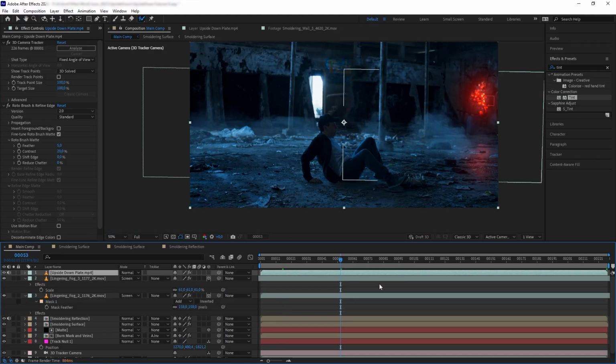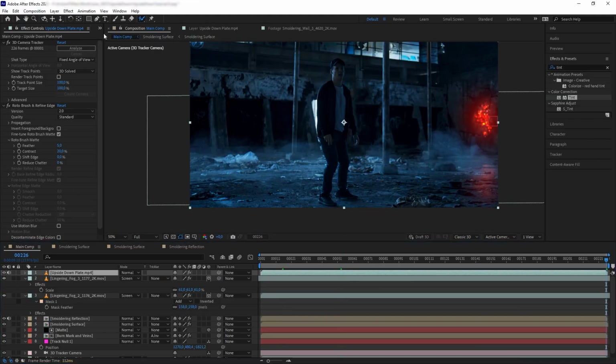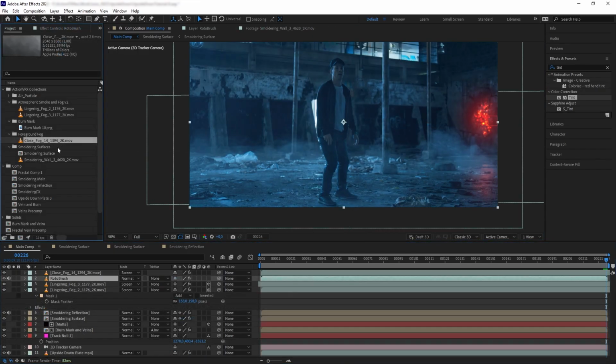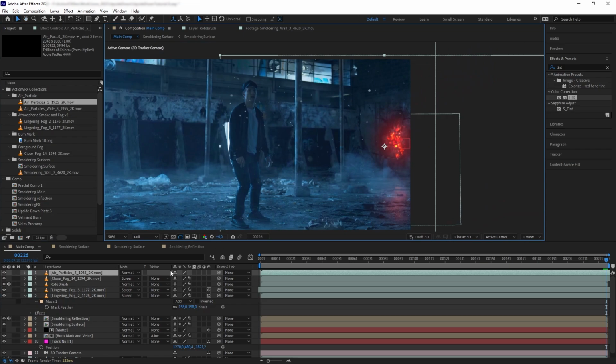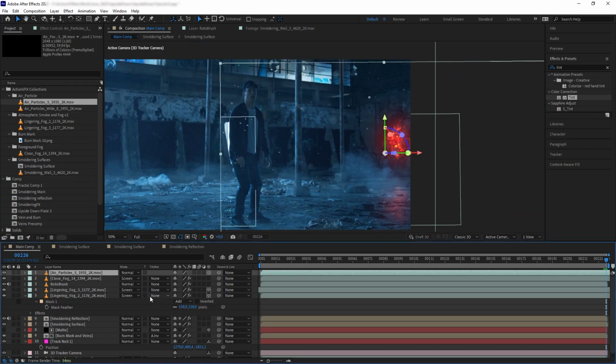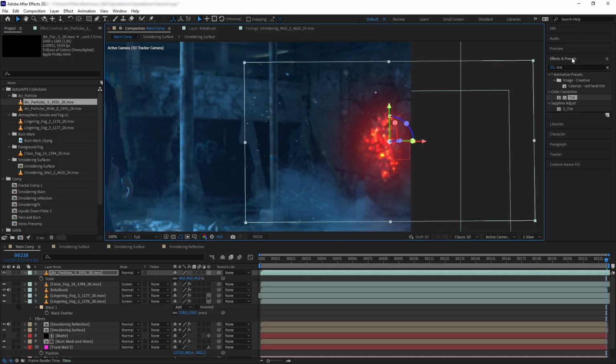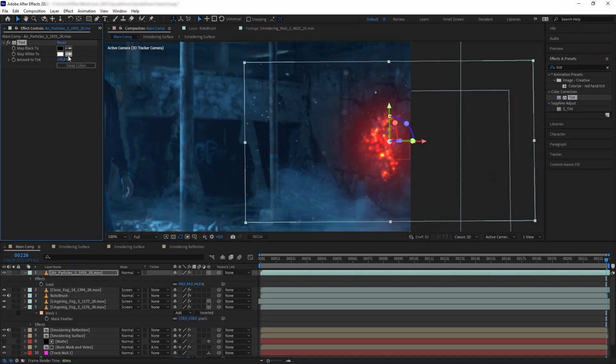Okay, so now we have the smoke on the background. Now let's add one on the foreground using our foreground smoke and fog collection. Next, I want to add air particles. So let's bring one here, turn it to 3D, and we want to scale it down and position it close to the portal. And then I want to add tint and set the white color to the red color of the smoldering surface here. That way, it looks like there are some particles that are illuminated by the portal.